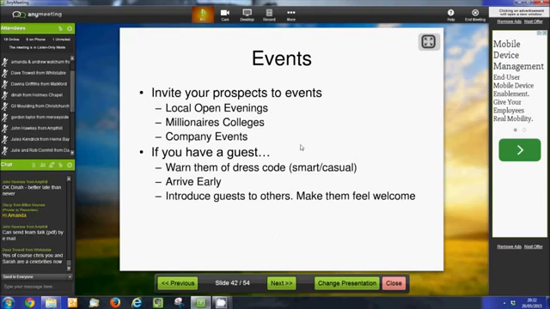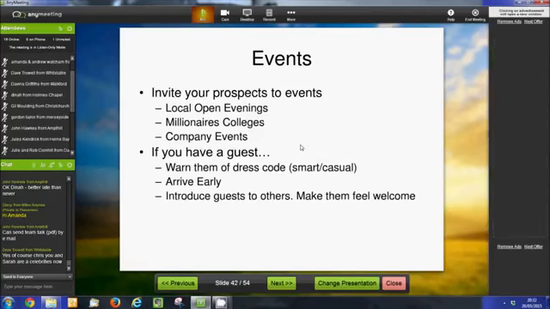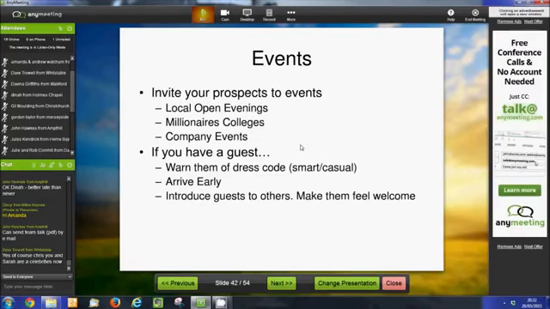If you do have a guest coming along, just warn them a bit about the dress code. Normally, most people will be happy wearing smart, casual clothes. If you've got somebody, a painter decorator, for example, if they come along, they might feel a bit out of place in their painting overalls. So you might just want to let them know about the dress code. But for most people, as long as they're reasonably comfortable, that'll be fine.